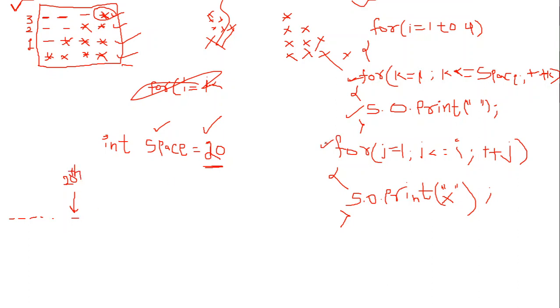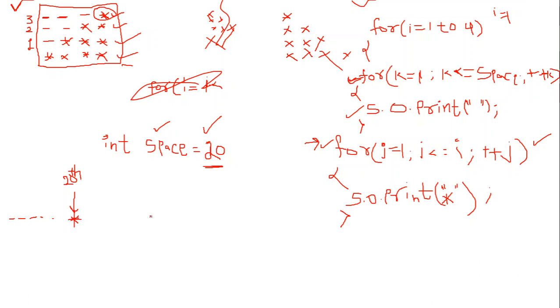After that, in the next loop, once the 20 times are complete and the cursor comes here, this j loop will run one time. Why? Because the value of i is 1. So this will run one time. After that it will simply print one star. So your first star will be something here.